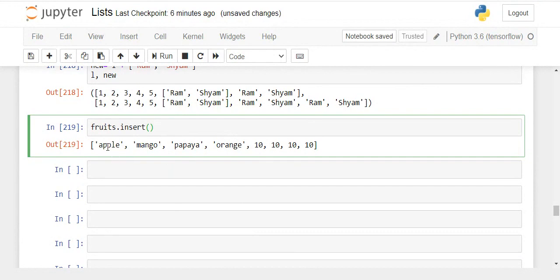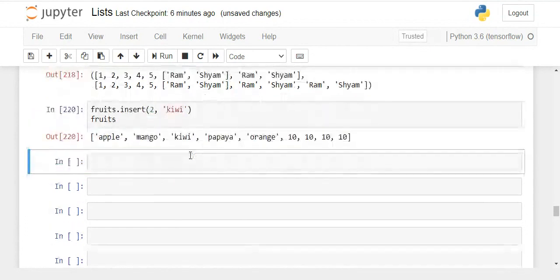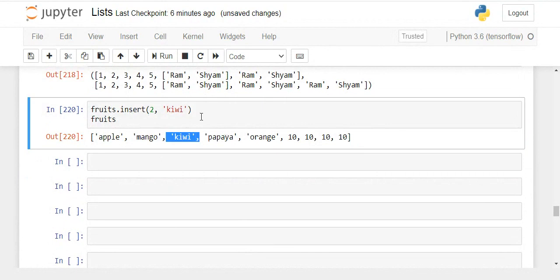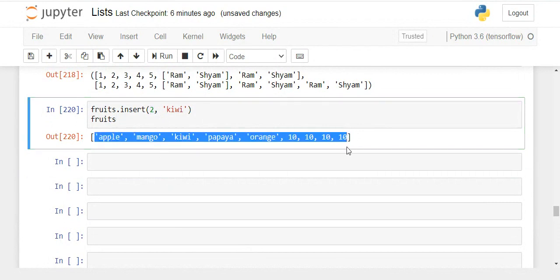What position? 0, 1, 2. Let's say at the second position I want to insert kiwi. And then I put in the value. So at the second position kiwi is inserted and nothing is changed, only these values are shifted to the right hand side, and the new value is inserted at position number 2.